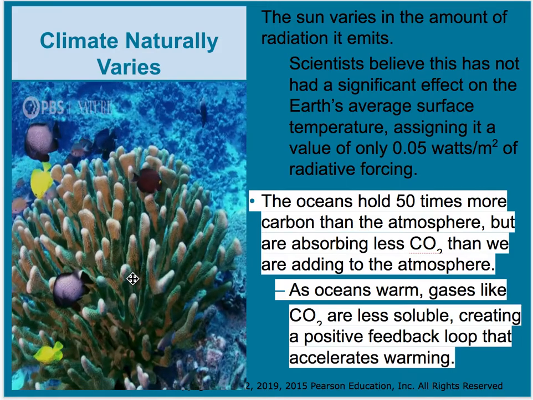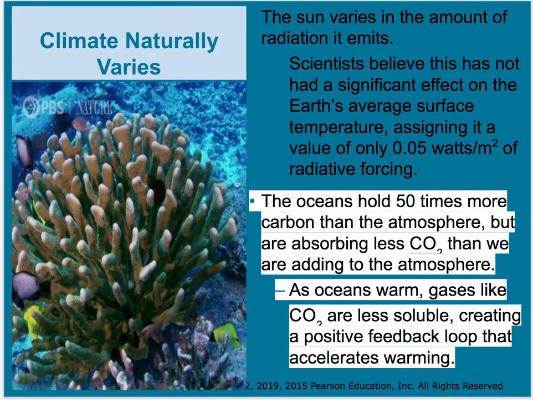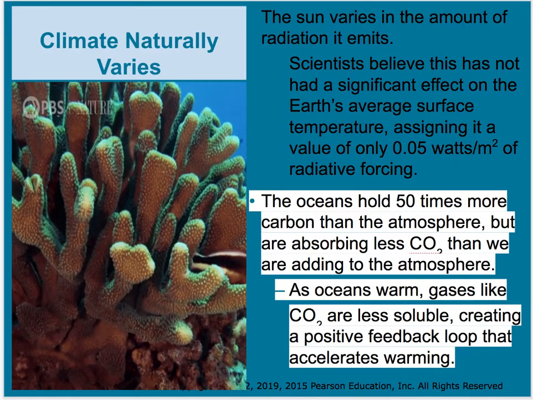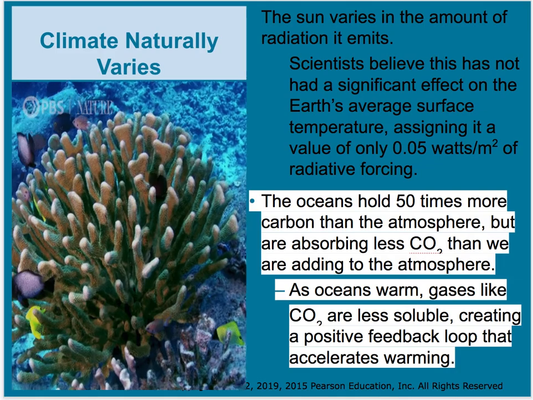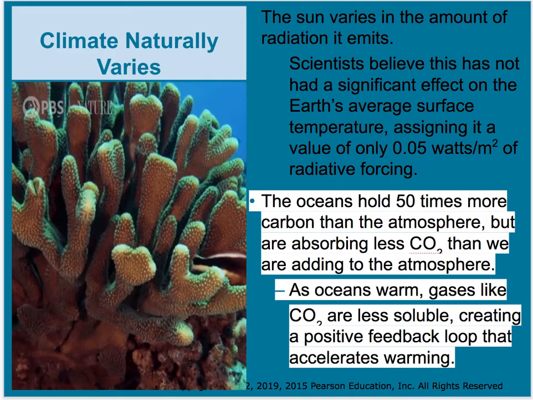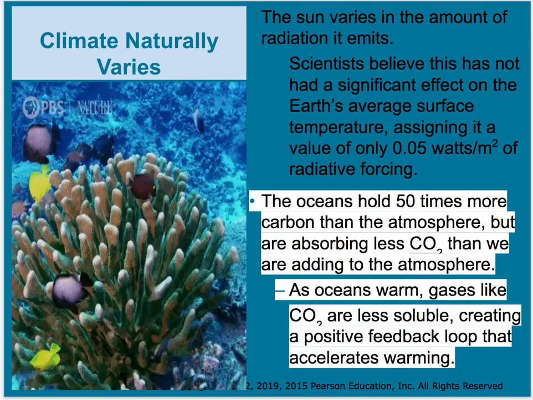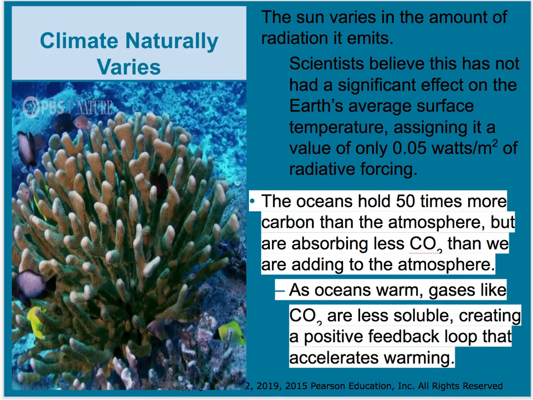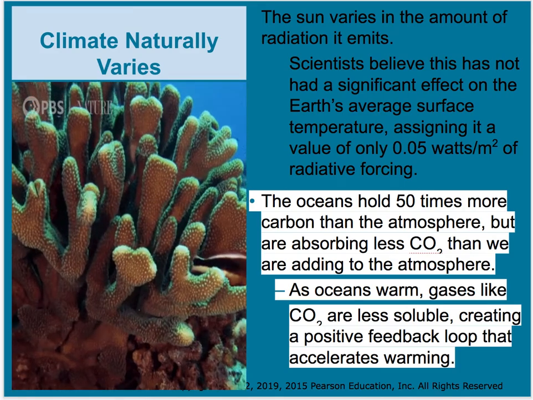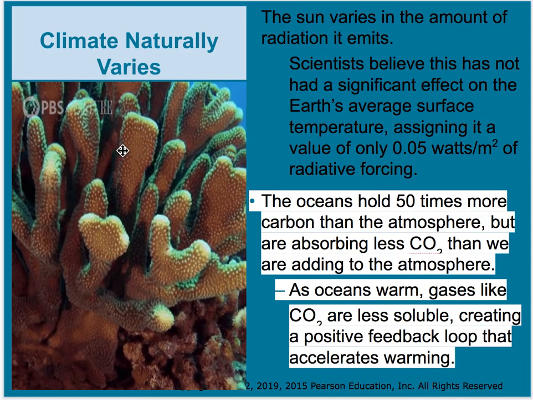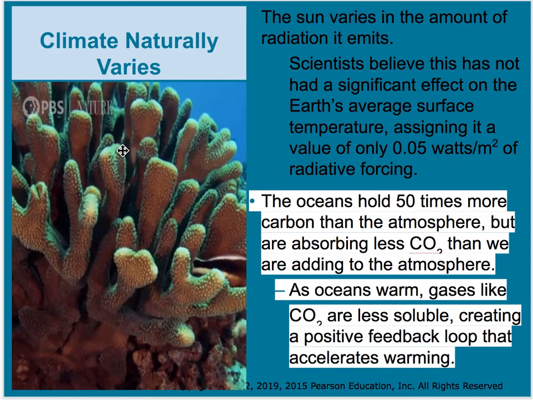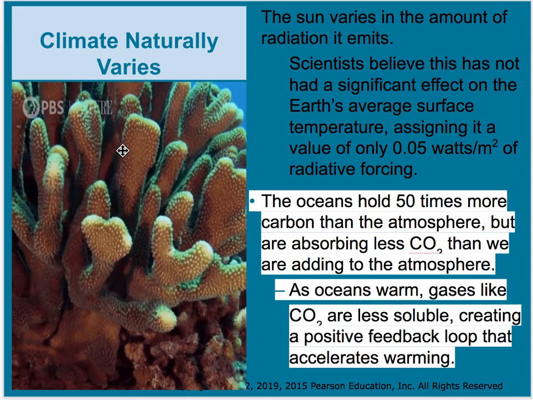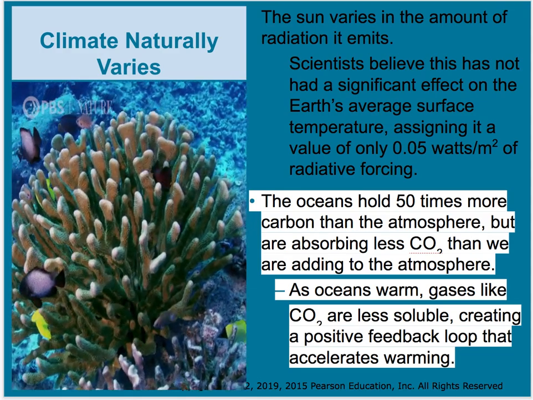When that happens, the coral takes about a month to starve to death because it's not getting those nutrients from the zooxanthellae, and it dies. Then the coral is said to be bleached because it has lost the zooxanthellae that gave its color. So it's a very sad process, and it's one of the examples of how climate change isn't necessarily first affecting the largest things, it's affecting the smallest things, which are the basis of our food chain.